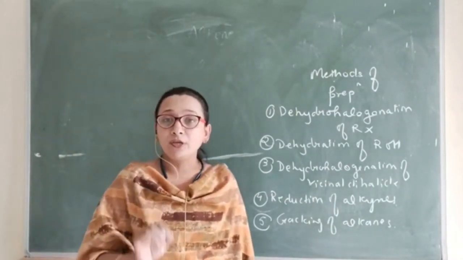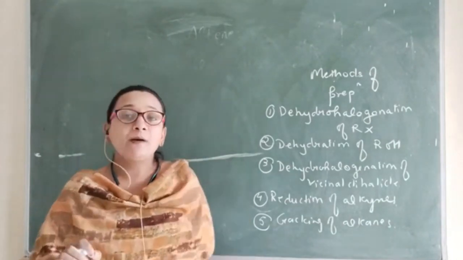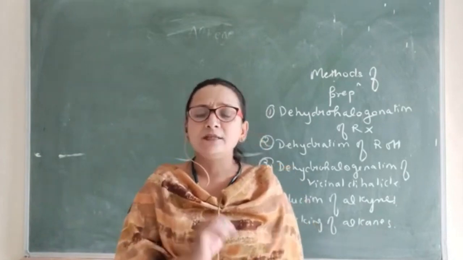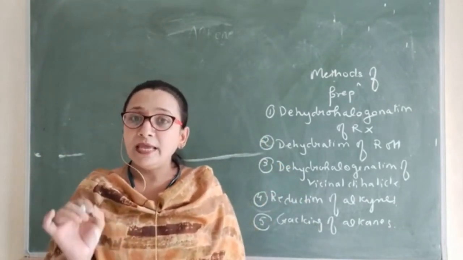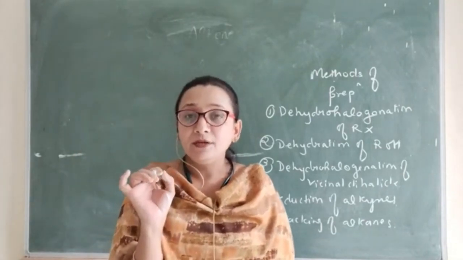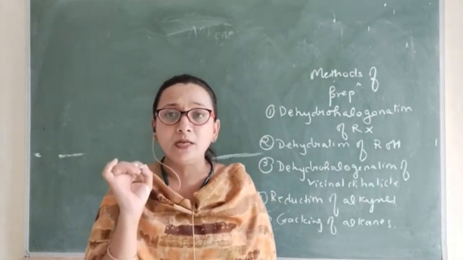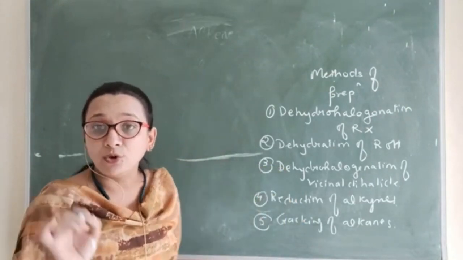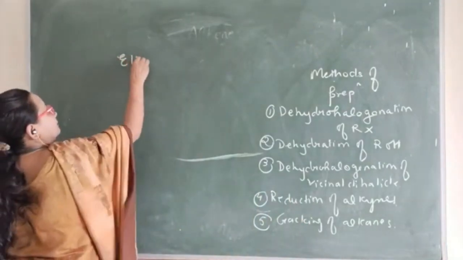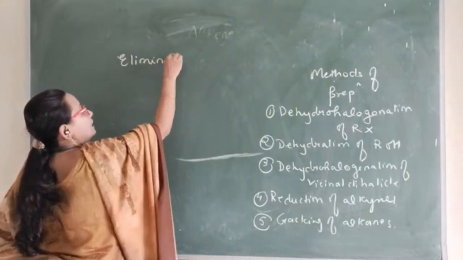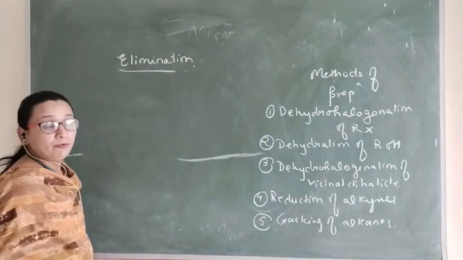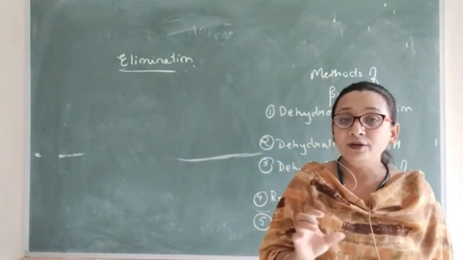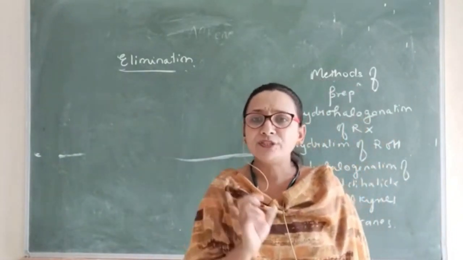Before I start talking about the method of preparation, एक चीज़ आप अच्छे से समझ लीजिए कि मेथड्स ऑफ प्रिपरेशन ऑफ अल्कीन या किसी भी ऑर्गेनिक कंपाउंड की एक बेसिक फितरत रहती है, राइट? तो बेसिक फितरत जो है, अगर अल्कीन्स हमको सिंथेसाइज करना है तो we synthesize it by a reaction called as elimination. और यहाँ से इसके बाद हम जब नेक्स्ट टाइम मिलेंगे तो we will talk about elimination only in details, बट अभी हम सिर्फ इंट्रोड्यूस कर रहे हैं what is elimination and which type of elimination.